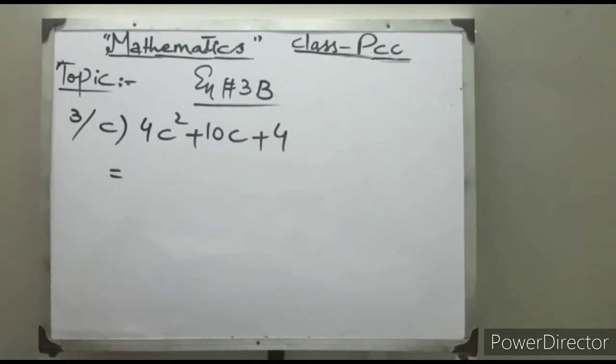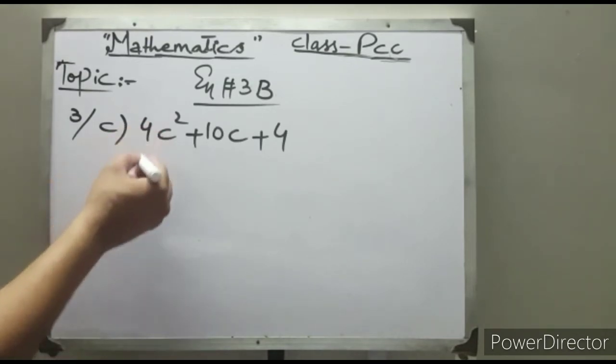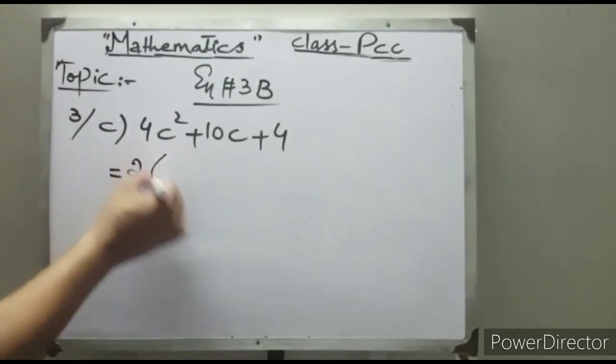Now students, see one more part from question number 3. This is part C of question 3. First of all, in this question you can see 2 is common. The first rule for factorization is to take common. If there is something common in the expression, first of all take this value common. Like this question, 2 is common. So we have